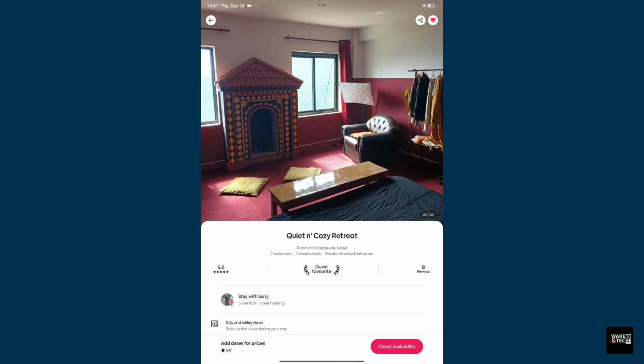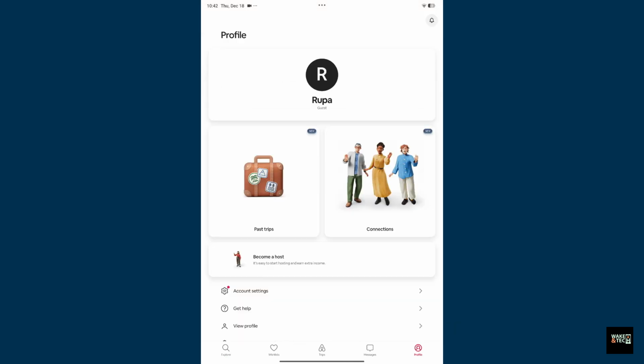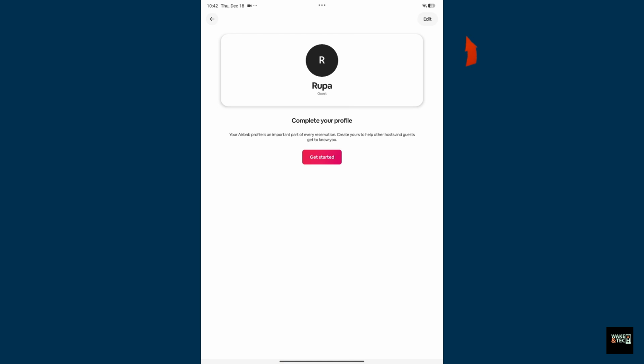First of all, open the Airbnb app on your device, or you may also go visit airbnb.com on a web browser. Make sure that you're logged into your account, and once logged in, go ahead and tap on your profile icon at the bottom right or at the top right corner of the screen. Once you're inside your profile, tap on your current name initial at the top and click on the edit button